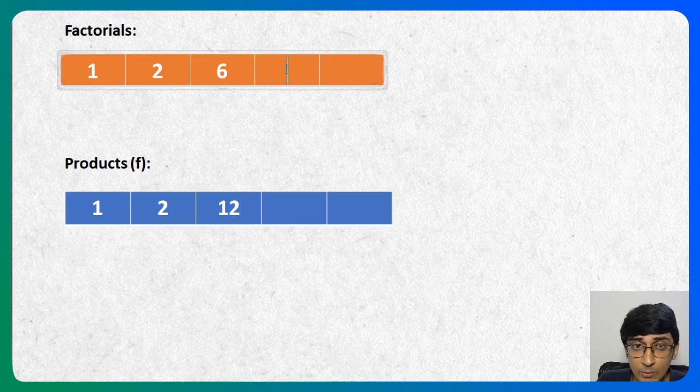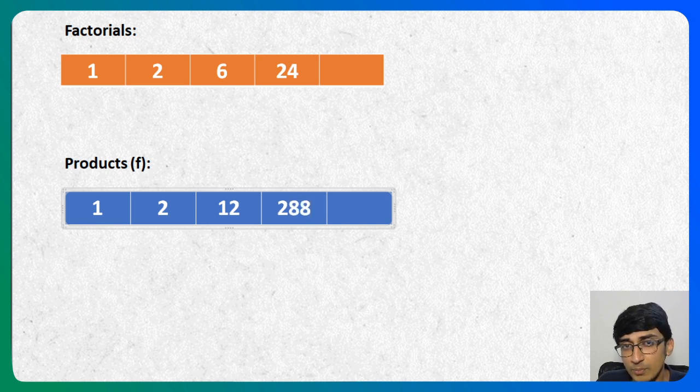Okay, what did I get over here? I got 24. So 24 into 12 is going to give me the answer over here. What is 24 into 12? It will be 288, as we just saw, f of n. And 24 into 12 is nothing but 12 into 12 into 2. So 144 into 2 is 288 as well. Now this is 120. 120 into 288 is what will give me f of 5. Right? And you guys can go ahead and calculate that one.